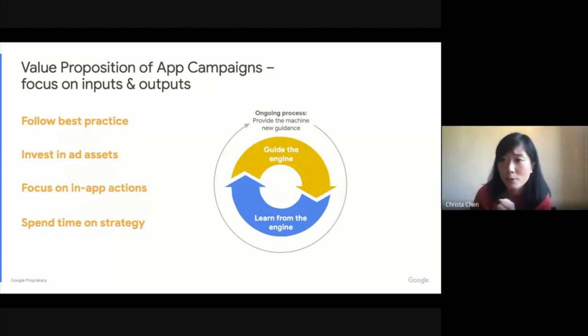First of all, we would recommend following the best practices which are publicly available in the Google Ads Help Center. Definitely invest in ad assets. As mentioned last time as well, invest in text ads, image ads, video ads, anything you have in order to reach as much inventory as possible. Also, you should focus on in-app actions. As Carl mentioned, it might be nice at the beginning just to focus on the volume, but the volume doesn't necessarily mean that you can become a profitable business through your app. So really try to identify those actions that bring you the most high-value users and try to optimize towards those actions. And the fourth point is spending time on